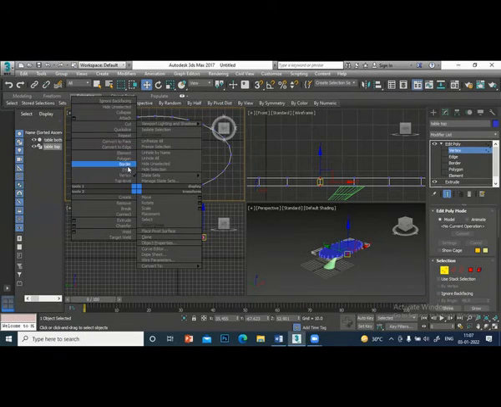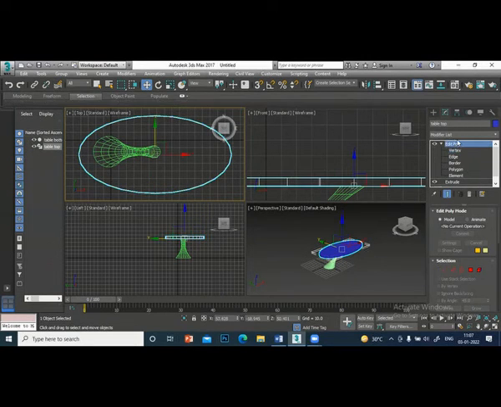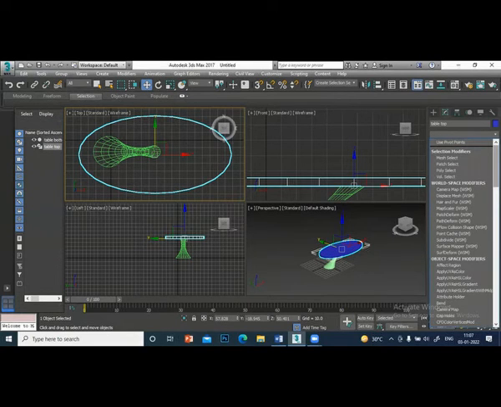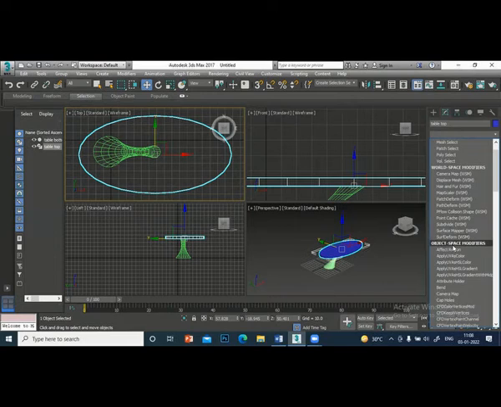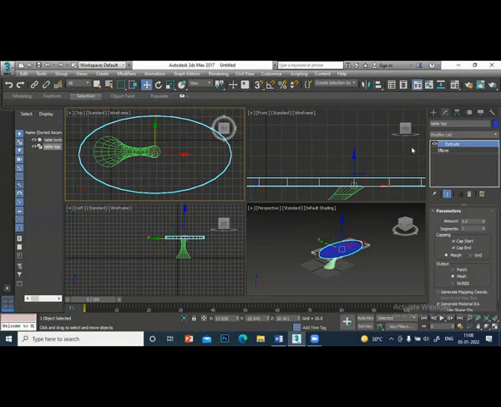I'll explain this. Should be one edit spline. Anytime I can delete this. Let me check. Edit spline is there. Mesh. You see, you are doing from extrude.